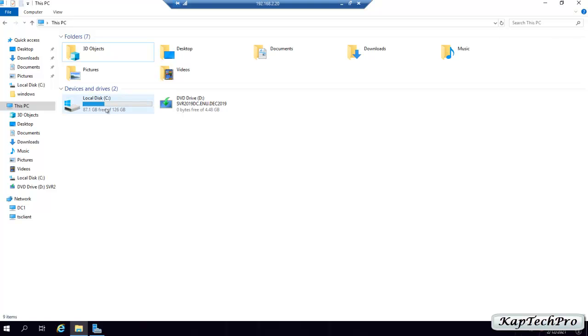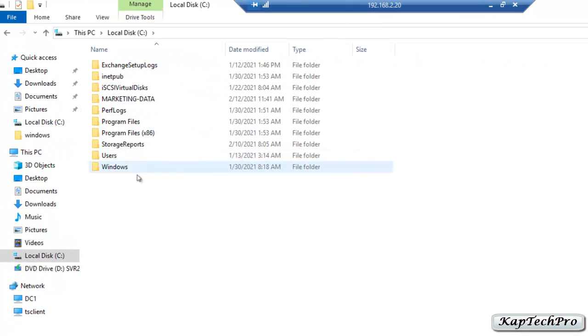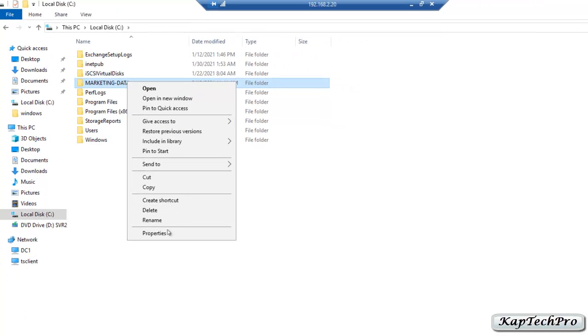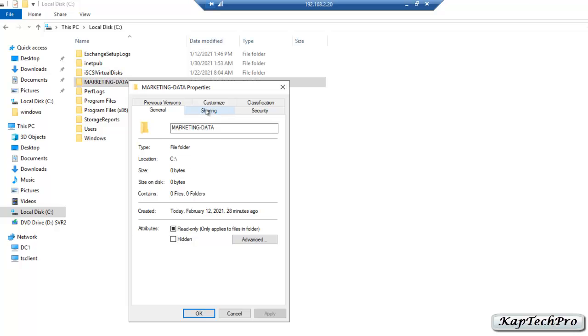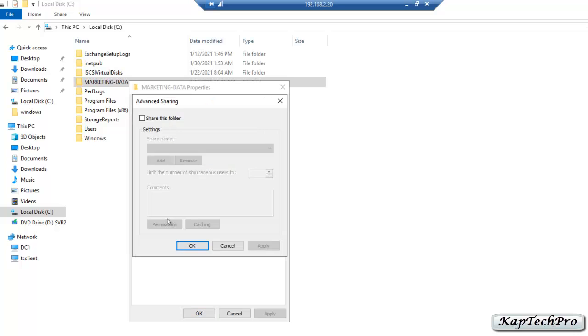Okay friends, so now we'll go to our My Computer and we have only one drive inside our DC. We will double click on this and I have created one folder with the name of marketing data. I will right click on this. We'll go to properties. We'll click on sharing, click on advanced sharing, we'll check the box, share this folder, click